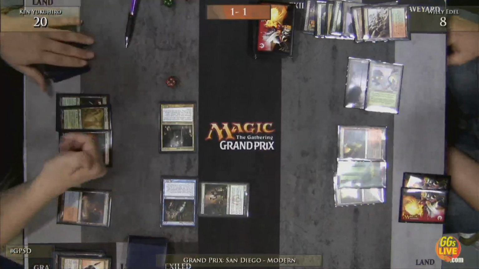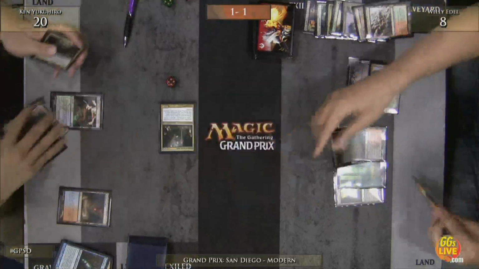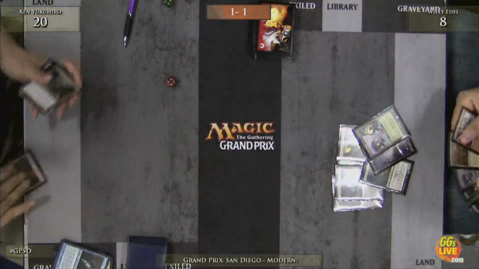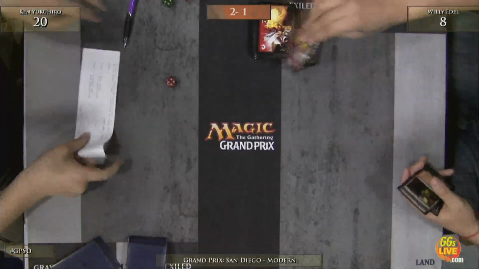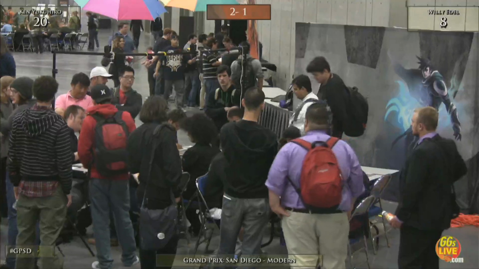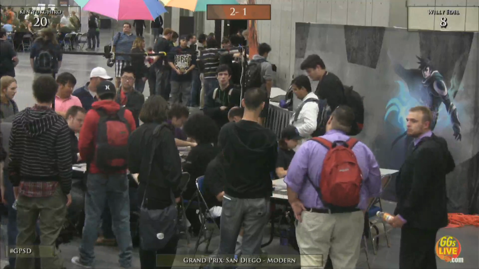Willie's going to go for a trade. And a Lightning Bolt will finish Willie Edel off. Edel-Yukihiro wins round 7 here at San Diego over Willie Edel. And we're going to try to go back and see the final game of Conley Woods